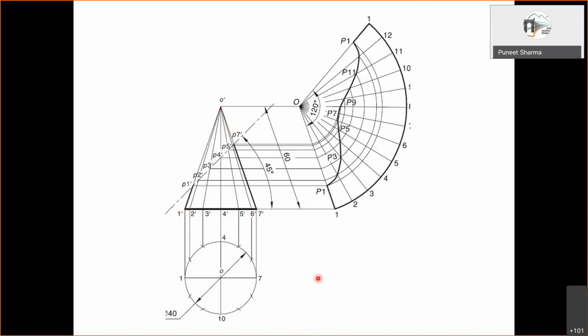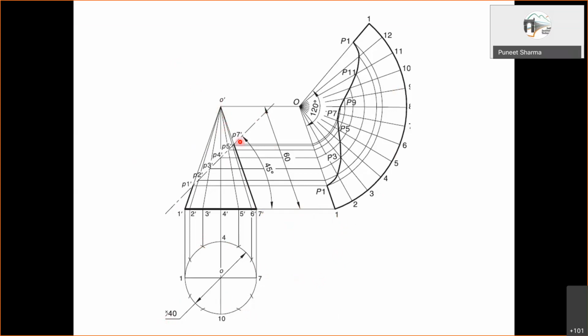Now, as we discussed in the previous slide, we again find out the total angle for which this sector will have to be drawn. You make use of the radius of the base, which is 20, and then you consider this slant length, which is given as 60. Making use of these two, you will calculate theta.